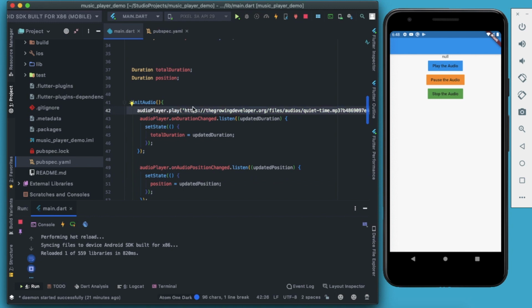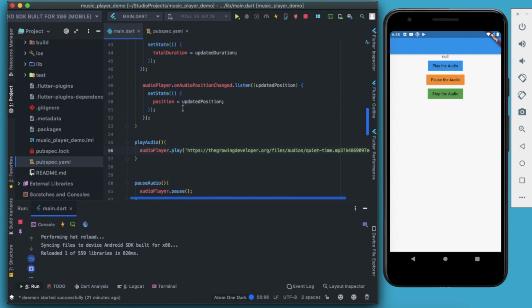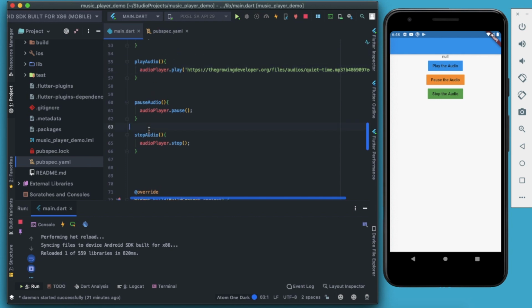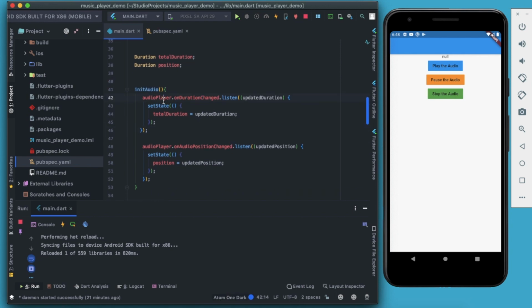Now instead of this playing a URL here, I will make another method, name it as play audio, and paste it here. As simple as that. Okay, so now we have 4 methods. One is play audio, pause audio, stop audio, and in the init audio section we are setting our listeners, that is audio player, that whenever there is a change in the duration I am updating the total duration to the